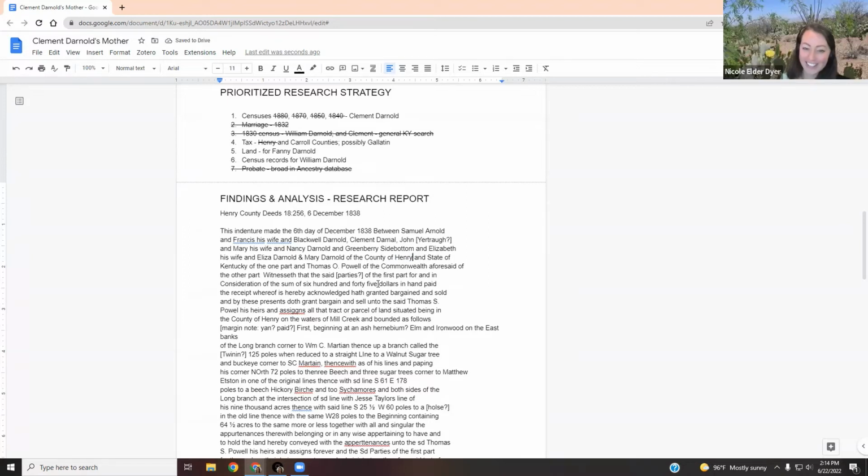And so the first party, I think, they list all the people that claim to the land. They're just listing all of William Darnold's children, and then they're selling the land to Thomas Powell. Okay. And usually you'll see this in the probate record, and they'll have all these receipts and things, and it'll say clearly like all the heirs petition the court to sell the land of William Darnold deceased, and